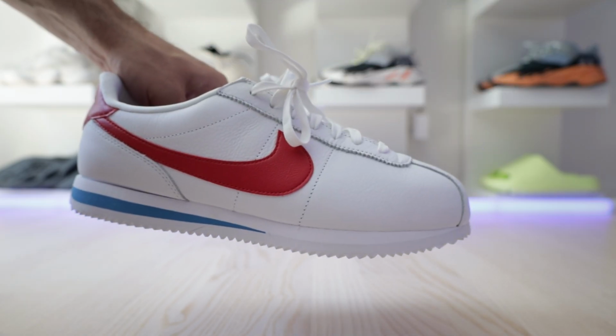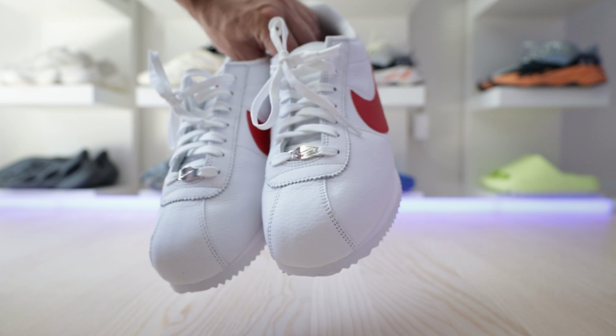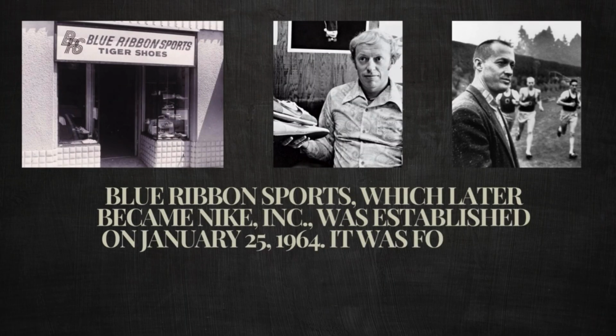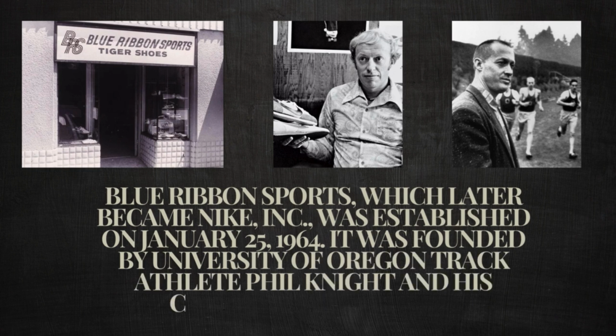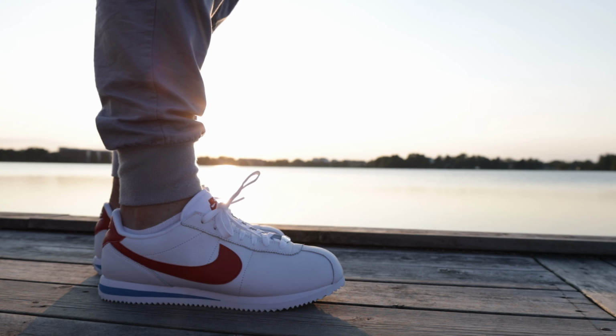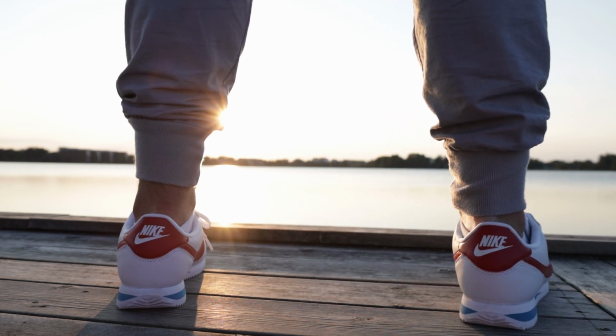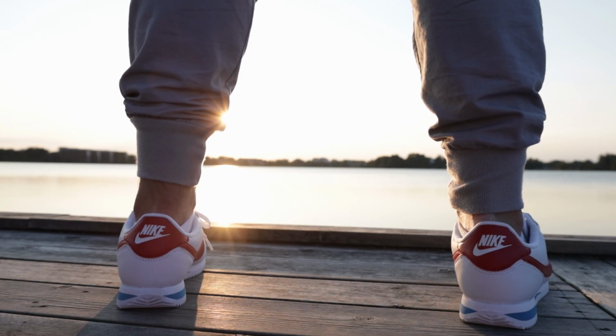Also, a brief little history lesson on how the Nike Cortez, the actual name, where it came from. Before Nike, there was Blue Ribbon Sports, that was the name of the company, and they were actually US distributors for Onitsuka Tiger. This was when Nike wasn't manufacturing sneakers, they just ordered them and sold them in US. Bill Bowerman founded Blue Ribbon Sports. Nike, together with Phil Knight and Onitsuka Tiger, had a completely different name for the shoe that wasn't catchy at all,